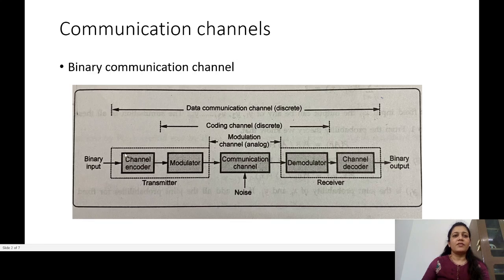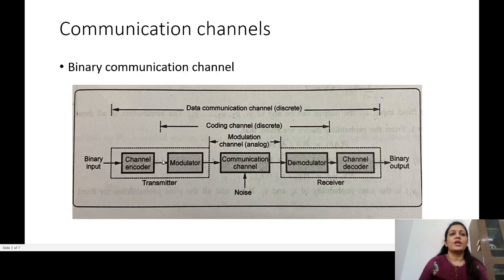So in the channel, the very first part is our channel encoder. The channel encoder does the reverse of your source encoder. We have seen that your source encoder will try to reduce the total number of bits to represent a particular symbol, whereas the channel encoder will try to add some extra bits to the information bits, so that during transmission if the signal suffers any errors, that error should be identifiable at the receiving end.